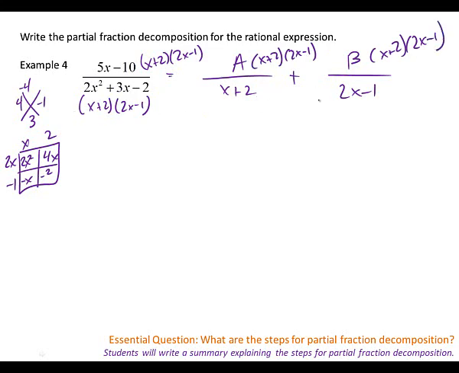Is it possible you did these in the other order? Yeah. That's okay. All right, it should turn out similar in the end. All right, so we're going to cross these out. I'm left with 5x minus 10 equals. In the a term, what's going to cross out? X plus 2. And we're going to do what with the a? Distribute. So